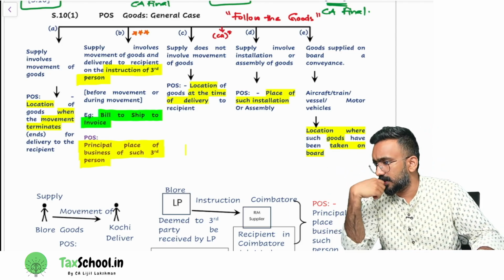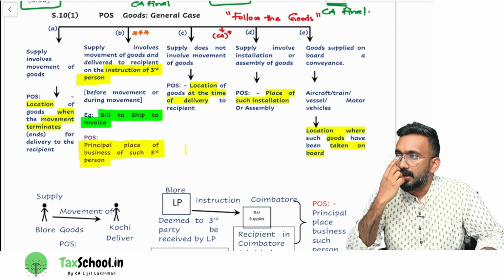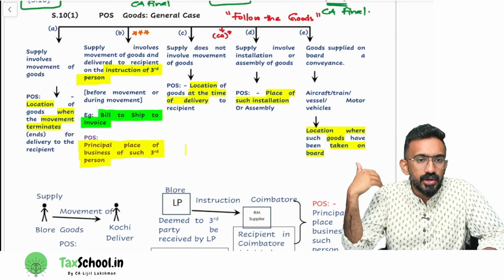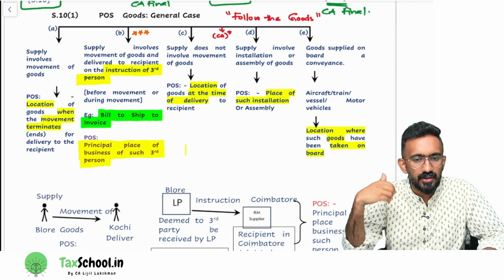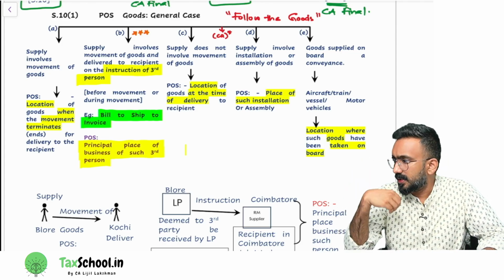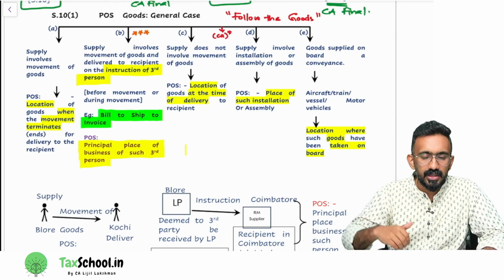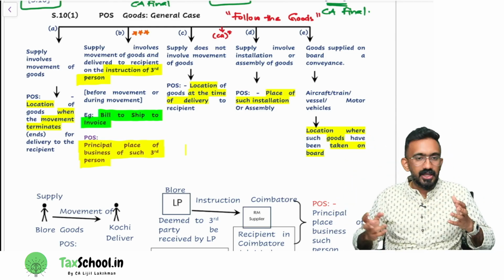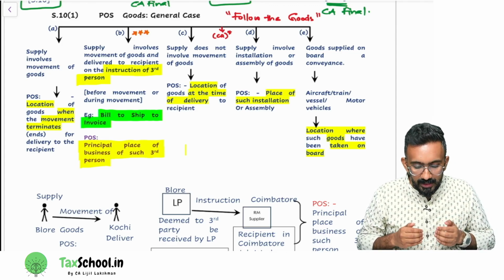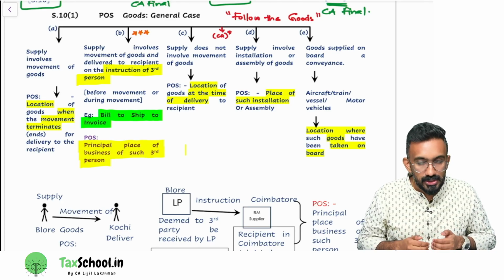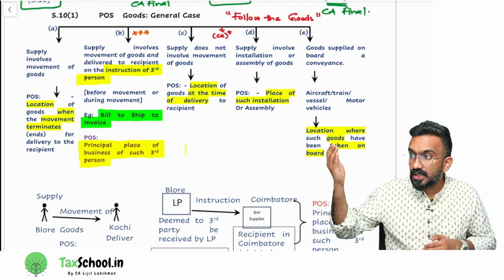Now look at clause E. Goods supplied on board a conveyance. If I'm purchasing goods from a flight or a train or a bus, then when I'm flying, I cannot look at which state I am in to determine the place of supply. So that is very difficult. So they said, your place of supply will be the location where goods have been